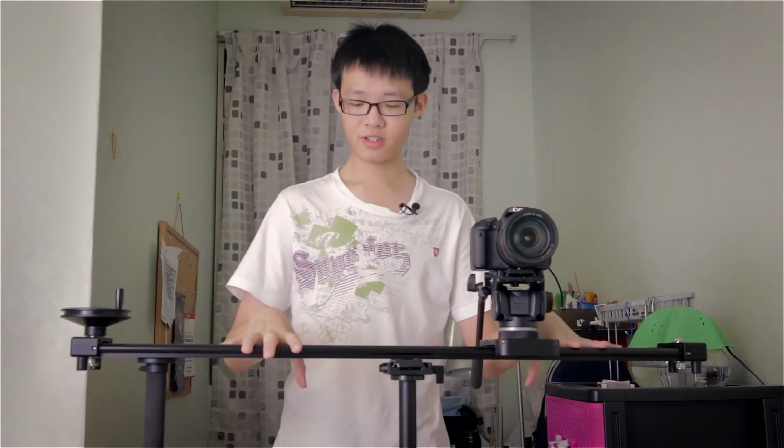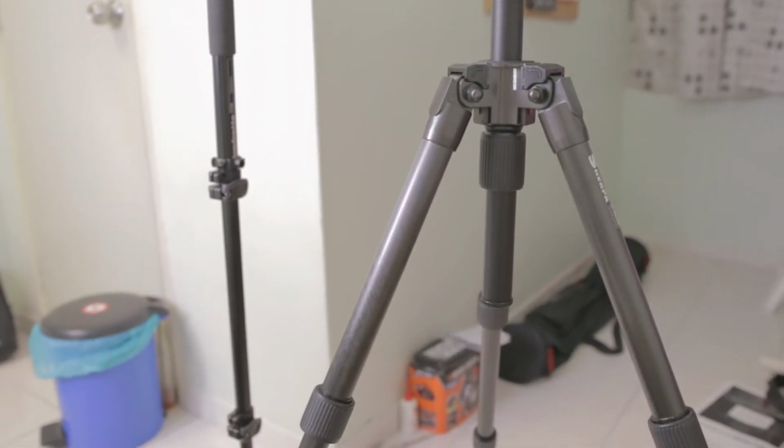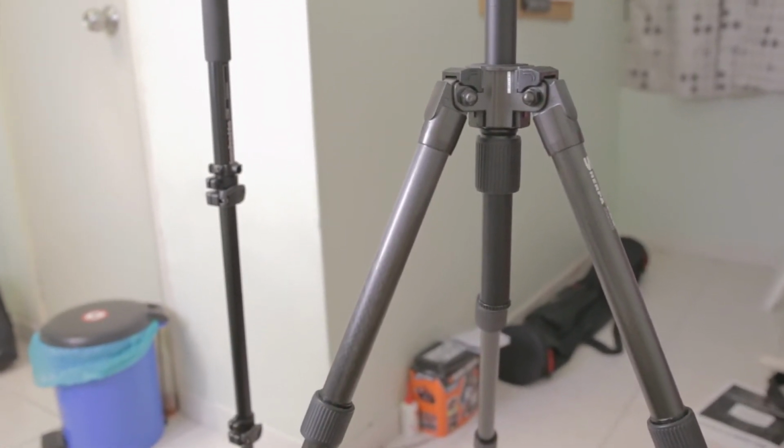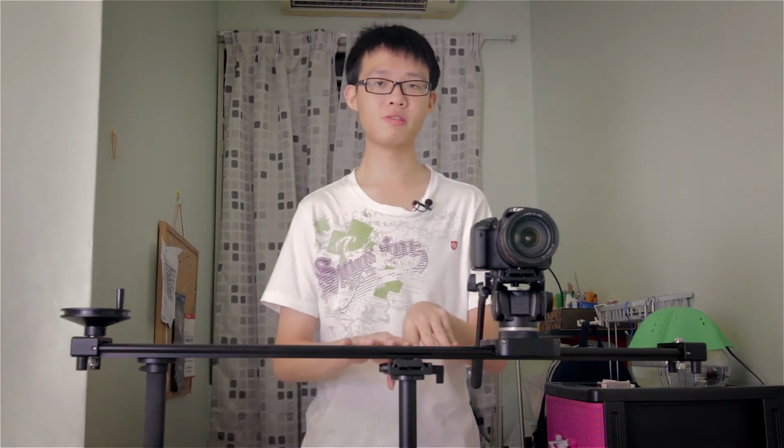Now let me talk about mounting this slider. Right now I have it mounted on a Velbond carbon fiber tripod in the middle here and a Manfrotto monopod right here. There are a ton of ways to mount this. However, for me, I just find the most stable way to mount it is to have at least a tripod and a monopod, so you have 2 points of contact. It is mountable on a single tripod. However, if I remove this monopod right here,